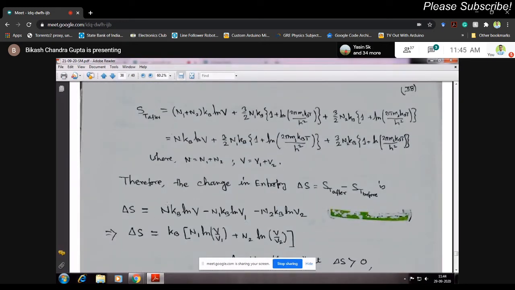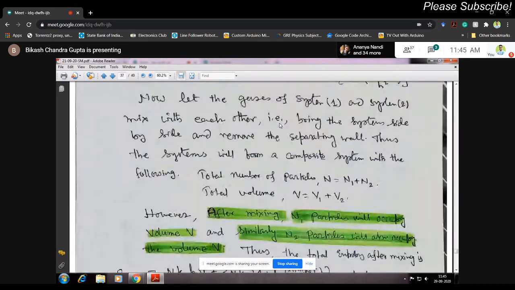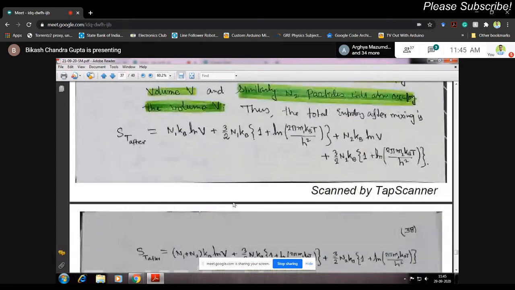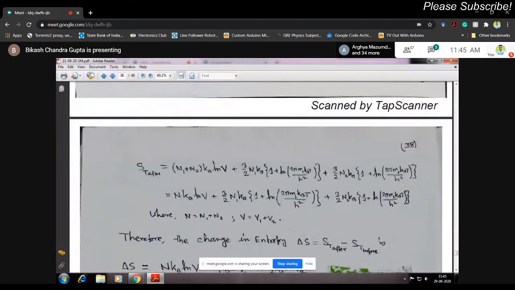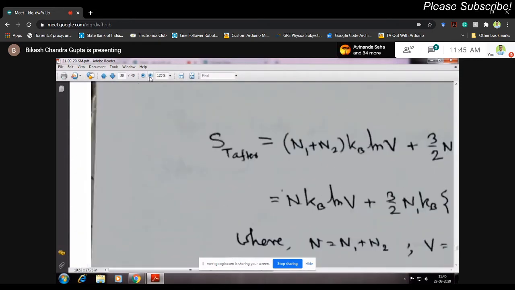Then the change in entropy is delta S equals the total entropy after mixing, that is the final state, minus the total entropy before mixing. And that turns out to be this term minus this term. What is that? This term. You have this, and then you have the total entropy like this. So this one minus those two terms, and this one you can check, because I have now 2 pages, so it is a bit difficult to track. If I make it a little smaller,